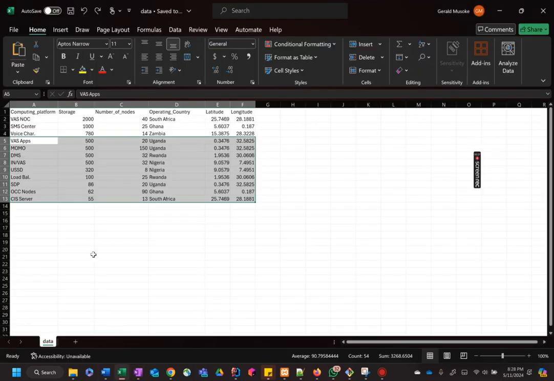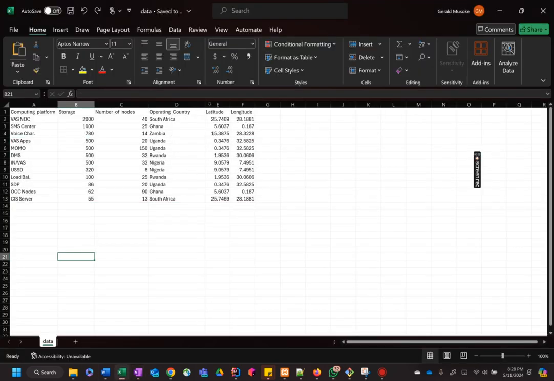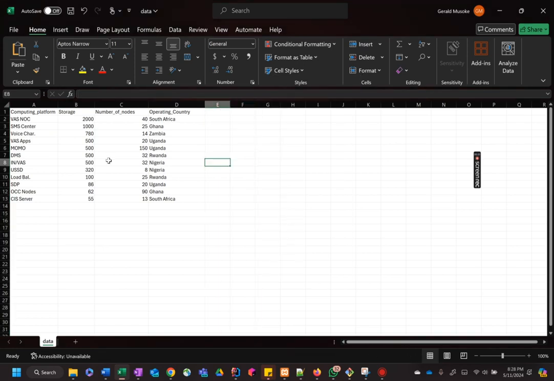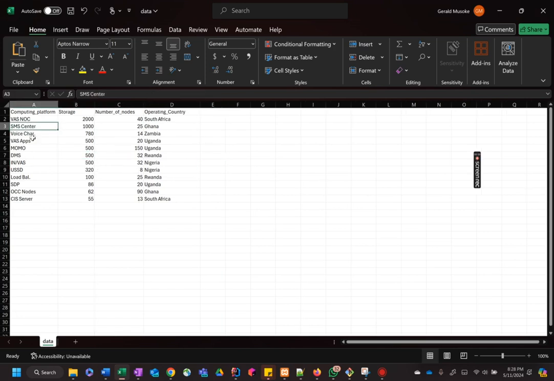So we have a sample data set here which assumes servers from a company here in Uganda. Computing platforms, storage allocated to it, the number of nodes, and the country where it's located. Actually, it's for just servers in different countries, but belonging to a certain company. So we are visualizing the storage and the number of nodes and the location like that, and information to do